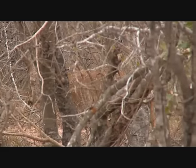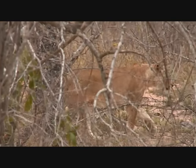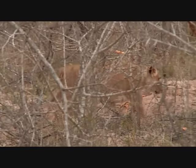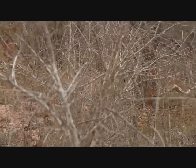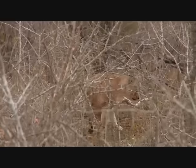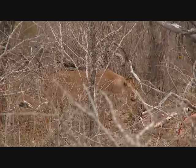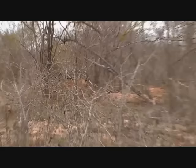Just having a look at her body language. Now they're heading off a little bit away from the buffalo, and that could well be due to their size, as mentioned before, that they are making sure that they sneak up and around the buffalo herd without taking on one of the other ones. I do need to reposition before we lose them,